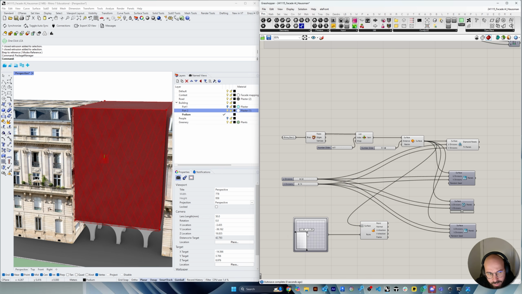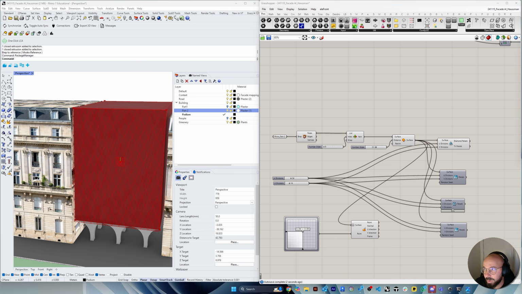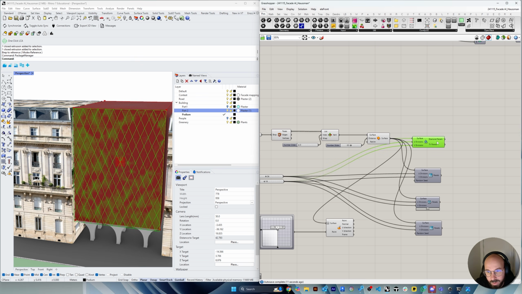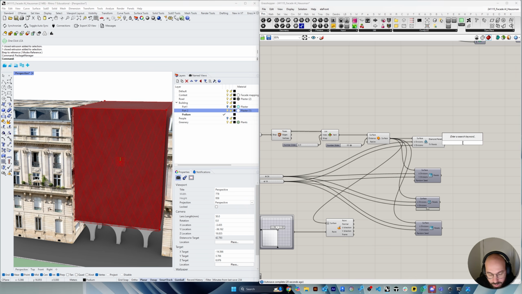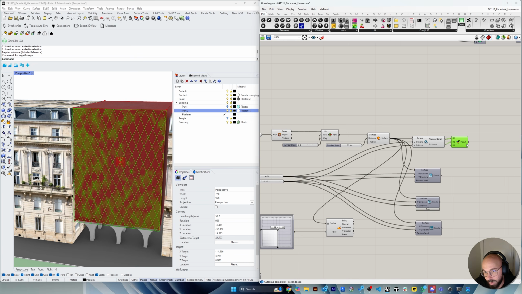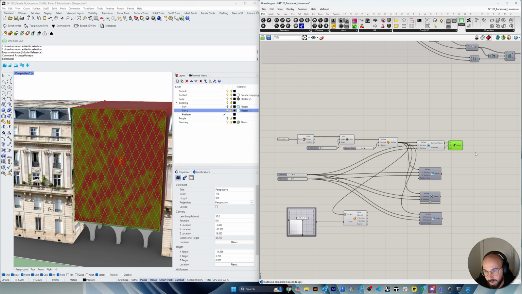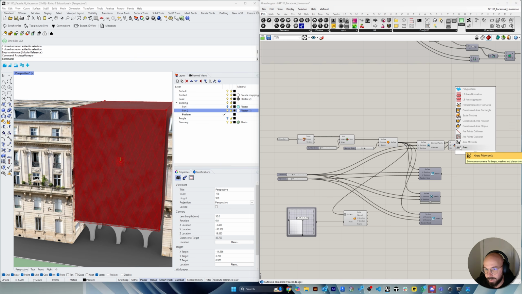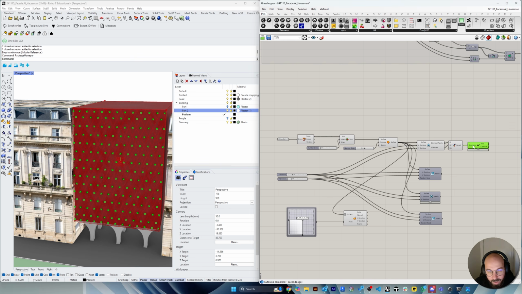So now that I have my attractor point, I'm just going to need to find the center of each of those triangles. Because of this specific geometry, we've got diamond panels, but we also have triangles all around the periphery of the geometry. So I'm just gonna merge them all, so that they become one geometry, and they're all individual surfaces. And I'm going to grab the area of those panels. By having the area, I'll be able to measure the distance between